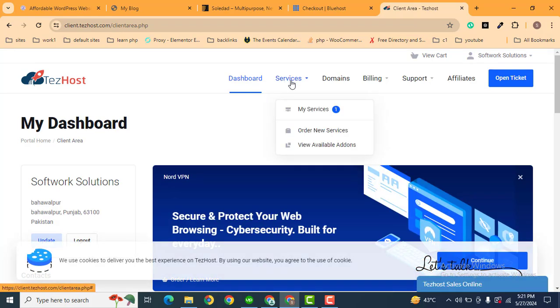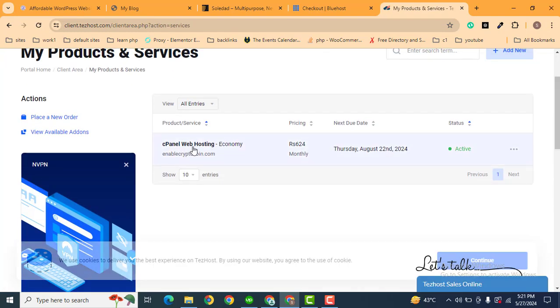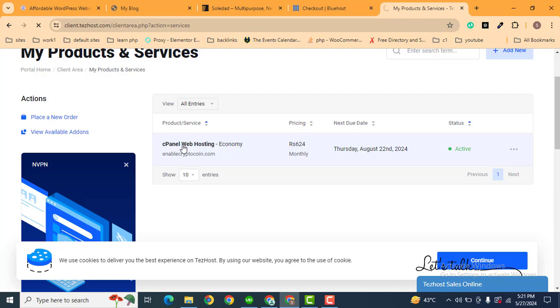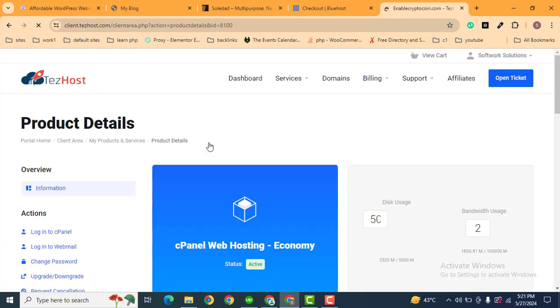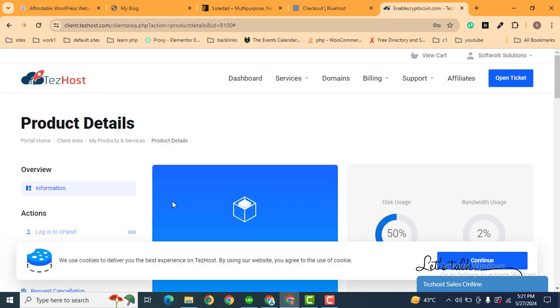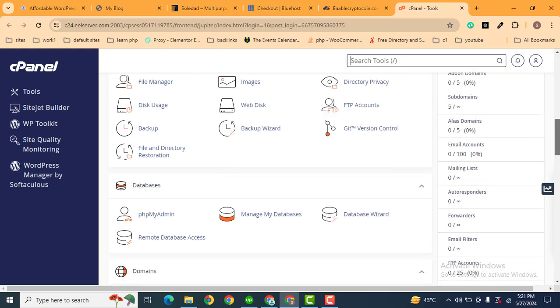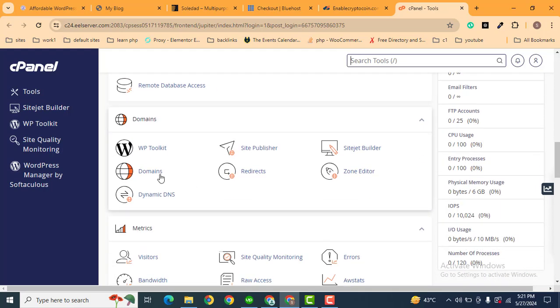Now here you can see in the services section, simply click here, then scroll down, and after that here you can see this is the hosting package. Then on the left side, log in to cPanel. So now let me create a subdomain in the domain section,